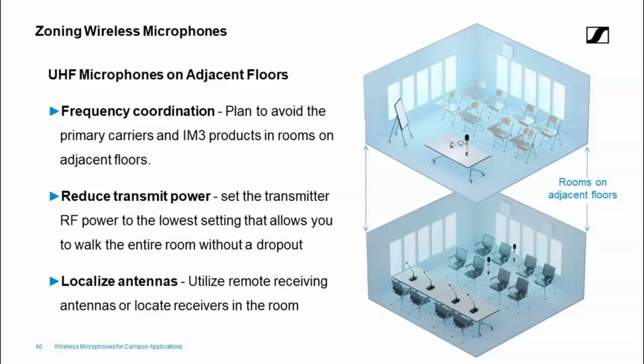And then localize the receiving antenna. So a DECT system may have an access point looking transceiver that goes on the wall or a rack mount device. A UHF system, if you have a centralized rack, you may need to go back to that antenna cable that Dave was talking about and do a cable run. So when you're localizing them, be careful about your antenna loss. You want to make sure you don't have more than 6 dB of loss in that scenario from antenna to receiver.